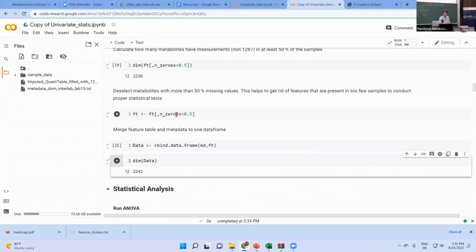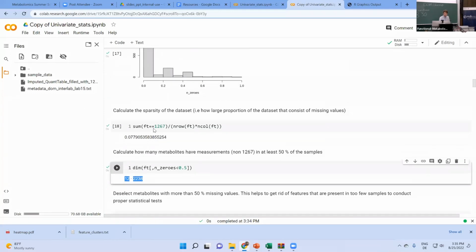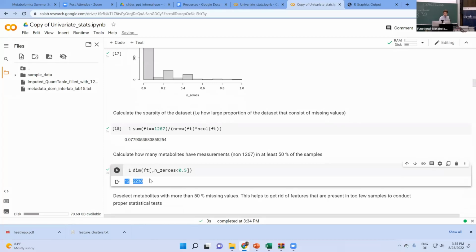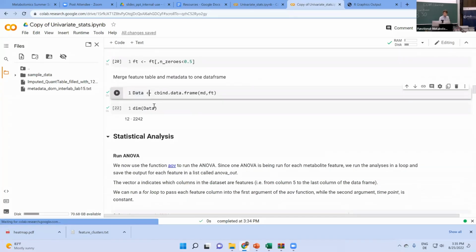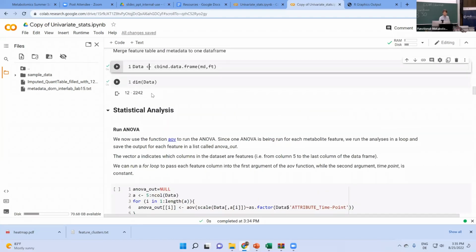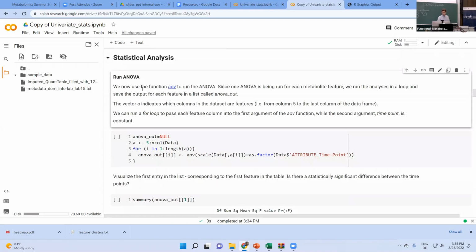Of course, you may have filtered out some of the features. You can see here how many it is if you compare this cell here to what you have in your original feature table. But it's going to be for sure relatively similar to what you had in the beginning. So if you all are with me still,